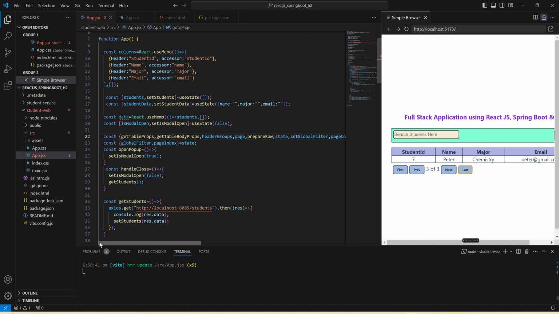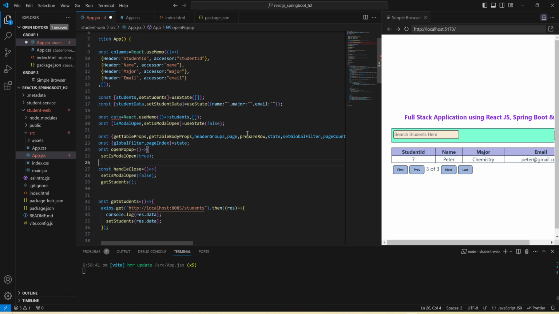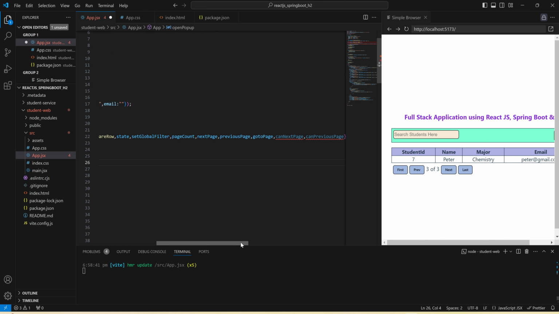And a similar kind of scenario should be for first and previous whenever we are on the first page. What we can do here, we can add can next page and can previous page, and same things we can use it here